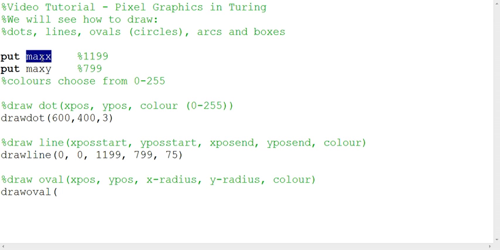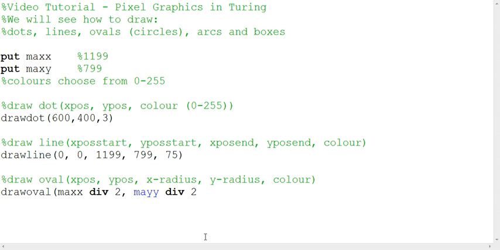So let's use these variables, or sorry, constants. So let's say max x div2. That's basically going to give us 600. The same thing here. If we do 1199 div2, it will give us 600. The only difference between this and the 600 is that this will work on any computer. Whereas this one is only going to give me the center on my computer or computers that share my resolution. Okay, let's do the max y